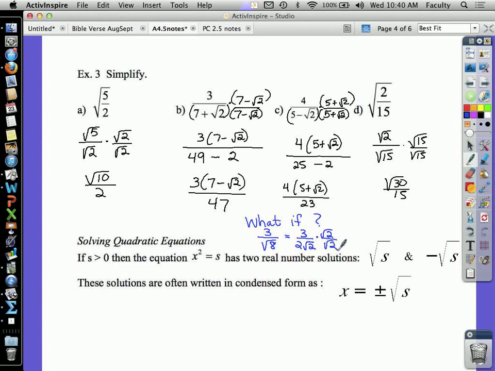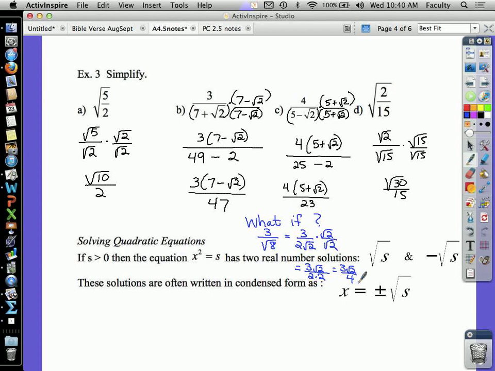So then this becomes 3 square root 2 over 2 times 2, because square root 2 times square root 2 is 2, so that's 3 square root 2 over 4. So just consider that when you have a single radical in your denominator, think about simplifying it first. All right, now we're going to take the radical